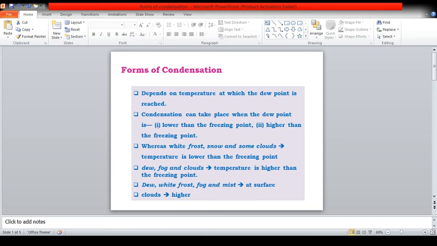The water vapor present in the air condenses around tiny impurities, dust or smoke called condensation nuclei, without which the cloud cannot form. So small water droplets, microscopic in size, or ice crystals form a floating mass called a cloud. So clouds are a collection of countless droplets of water or ice crystals suspended in the atmosphere.